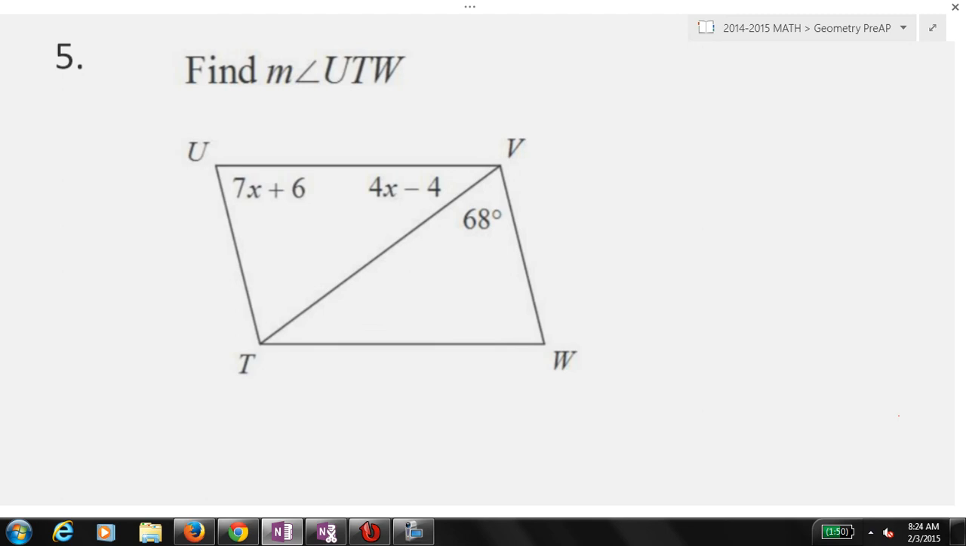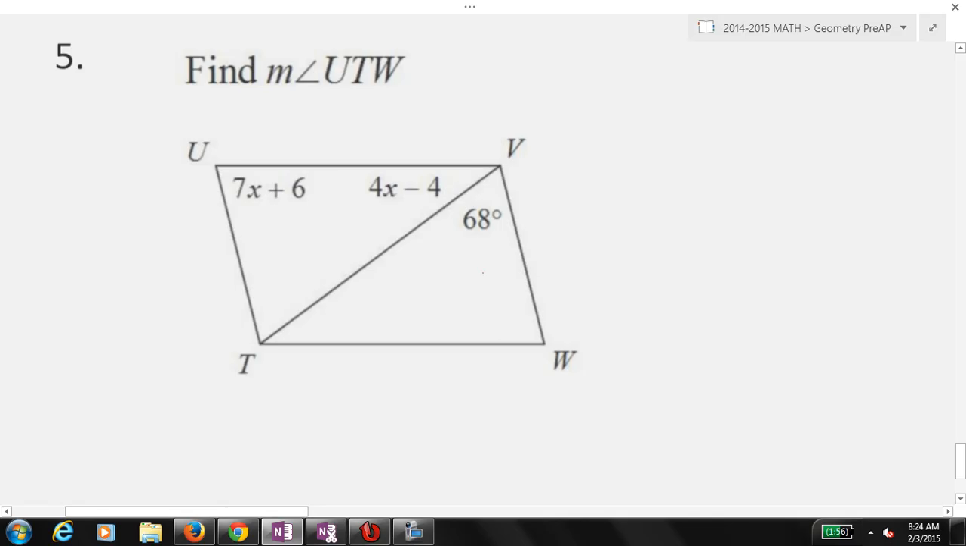So let's recall our properties. I know that opposite angles are congruent, but here I don't have opposite angles. So you may need to, again, if you forget the properties of angles, just extend your